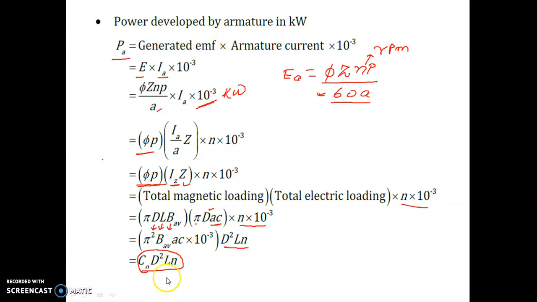This output equation is proportional to the square of the diameter of the armature. It means if the armature diameter is more, the output power, the average power generated, will be more. But we have a limitation. We cannot go beyond a certain limit, and we cannot make the armature very big because of technical issues. It will take a lot of space and other things will also be there. So we consider an optimal value for designing the output power of a DC machine, which is developed in the armature of a machine.